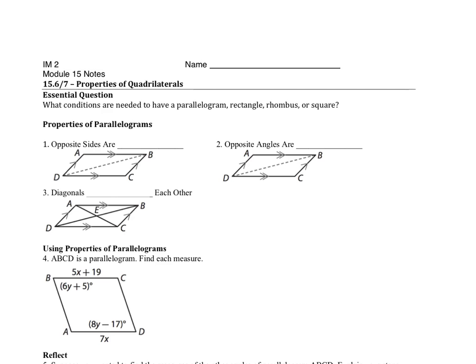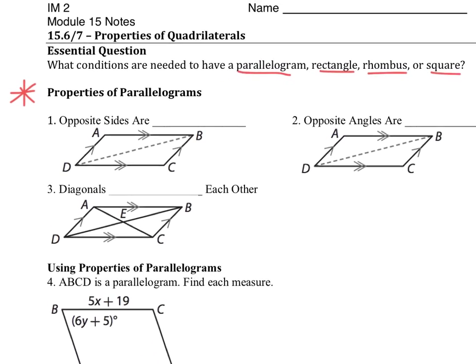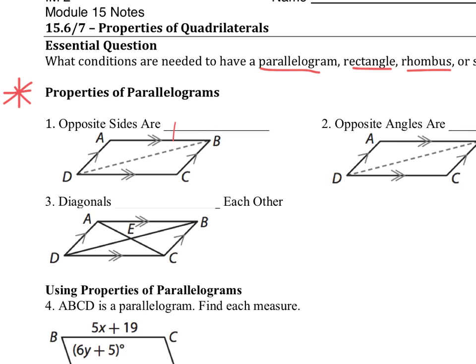And so we have these four unique figures here: a parallelogram, a rectangle, a rhombus, and a square. So we're going to talk about the different properties of each one and what makes a shape one of or some of these four. So the first one is parallelograms. So this is properties of a parallelogram. This happens for any type of parallelogram, and that is that opposite sides are parallel,